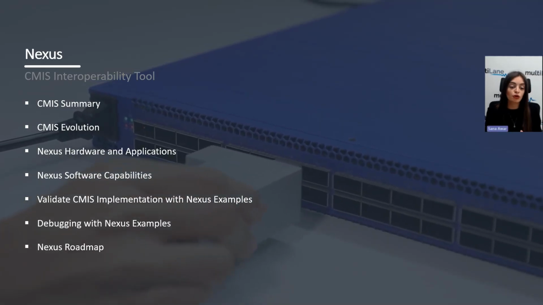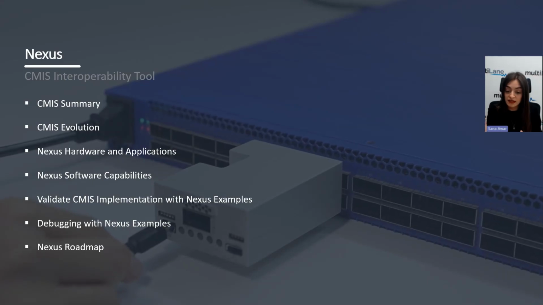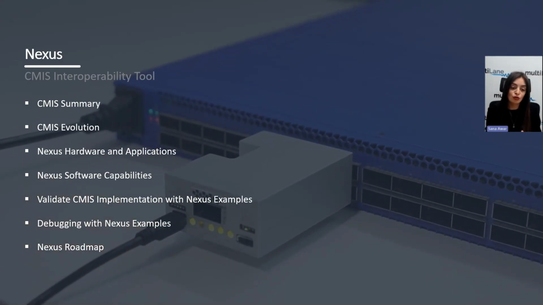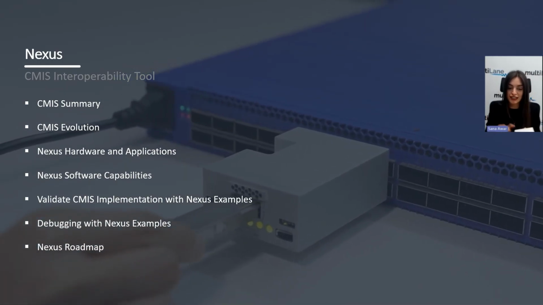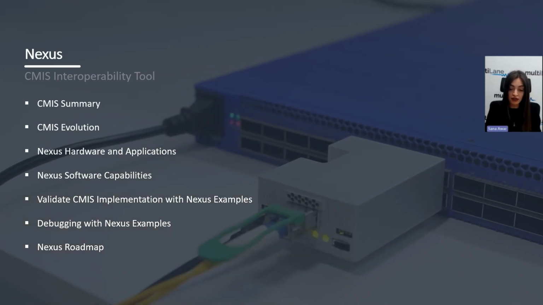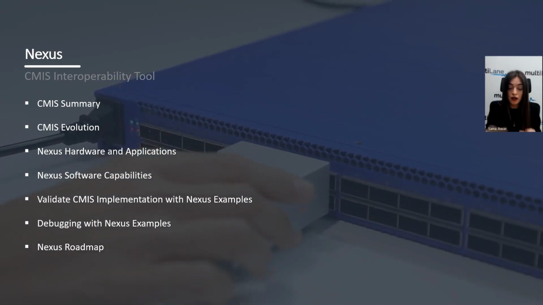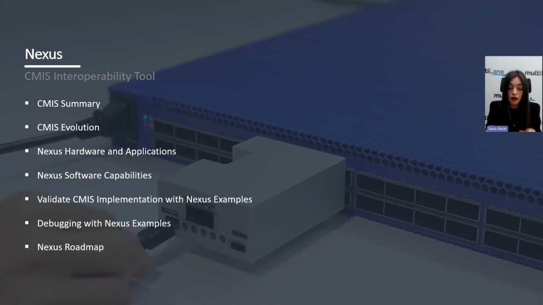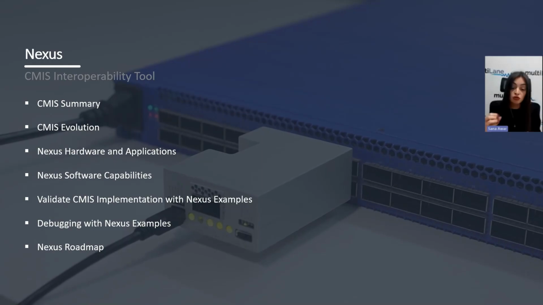Throughout the webinar, we're going to go into a little more detail of what CMIS is, why we use it, who uses it, and then we are going to go over the solution we propose, which is the hardware tool you see here, and we call it Nexus, before going into some examples and applications that we have seen at our customers' side,